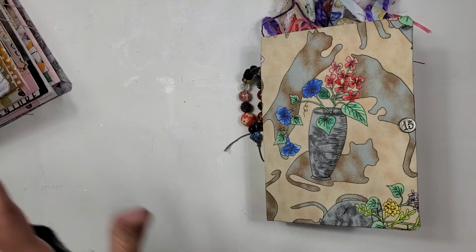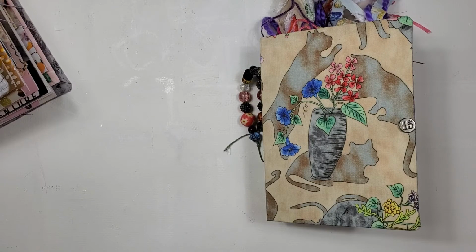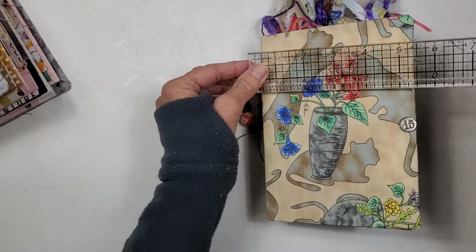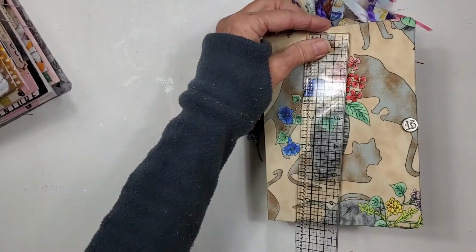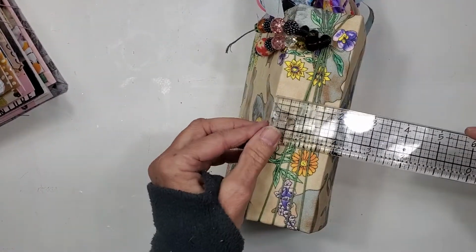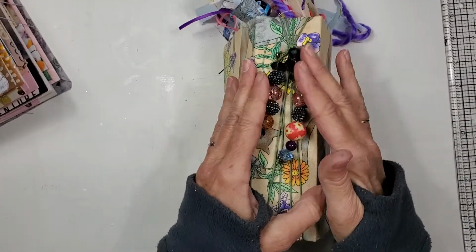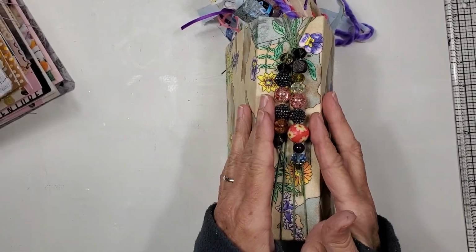Both of these books are 5x7. They have different girths on them. So let's double check. We've got 5x7. The spine on this is 2 inches, and the bead strand is a gift from